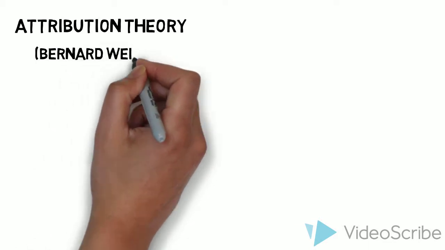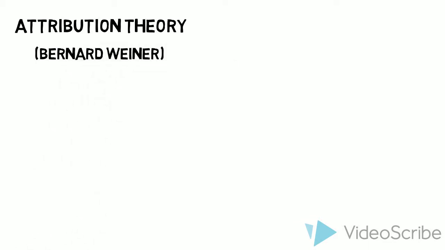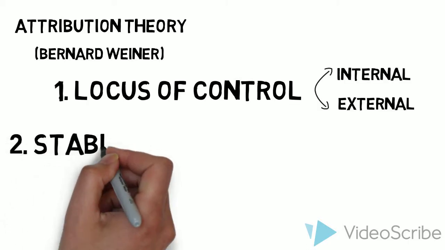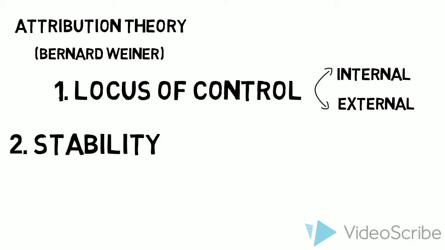The last theory I will be reviewing is the attribution theory, which was developed by yet another American psychologist, Bernard Weiner. Dr. Weiner was interested in the idea that we look for explanations for behaviors in the social world. He believed in his 3-dimensional model, which explained the attribution theory based on 3 areas. First is locus of control, which could be internal or external. Second is stability, which is whether the cause is stable or changes over time.